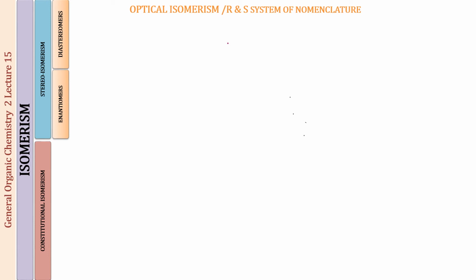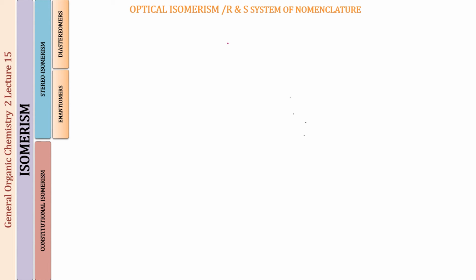Now, if in your examination you have more than 2 chirality centers, there are 3, 4, 5 chirality centers, and then you are asked how many stereoisomers are going to be possible for the compound, whether the compound has meso structures or not, whether the compound is going to form optical isomers or not, how many optical isomers are going to be formed. Well, it is going to be very difficult for you if you have to write down all the structures possible and then count which are going to be optical isomers, which are going to be enantiomers, which are going to be diastereomers, which are going to be meso forms, which are going to be identical structures. That is going to take a lot of time.